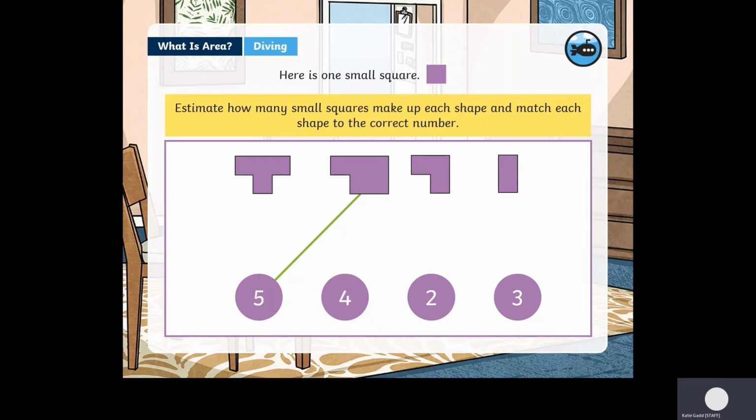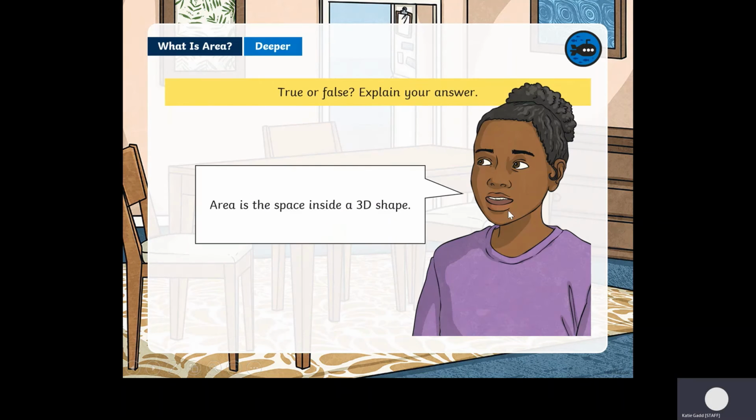Oh, excuse me, that's the wrong button to press. 4, 2, and 3. Okay. Now here's a true or false question, and for these questions you have to explain how